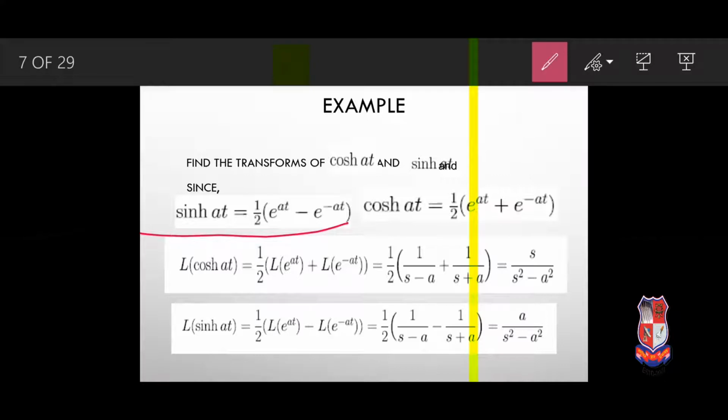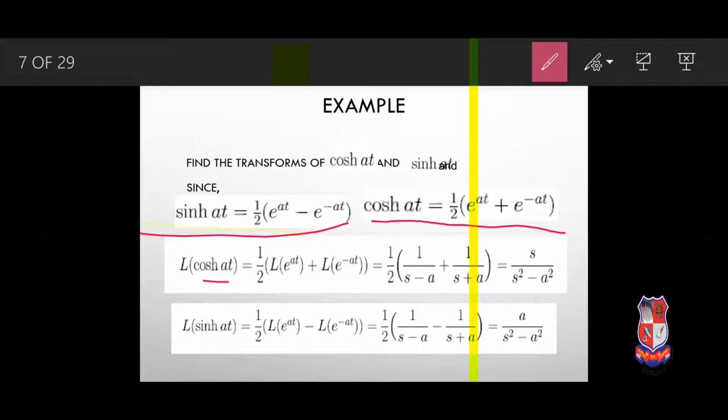Hyperbolic rule: sin hyperbolic at is equal to 1 upon 2 (e raised to at minus e raised to minus at), and cos hyperbolic of at is equal to 1 upon 2 (e raised to at plus e raised to minus at). Laplace of cos hyperbolic at is equal to 1 upon 2. We put the value of cos hyperbolic of at. Then, according to